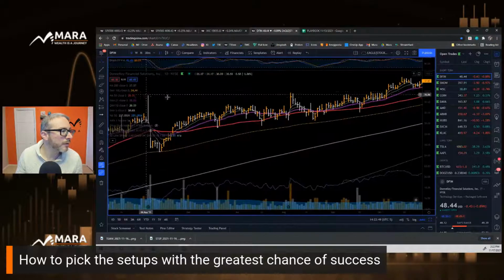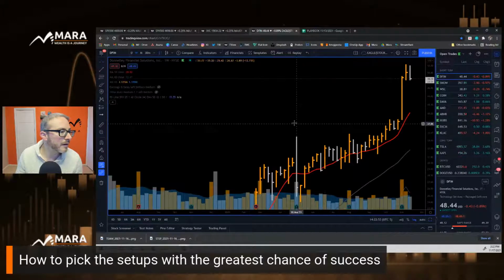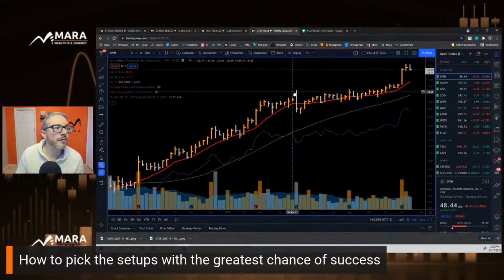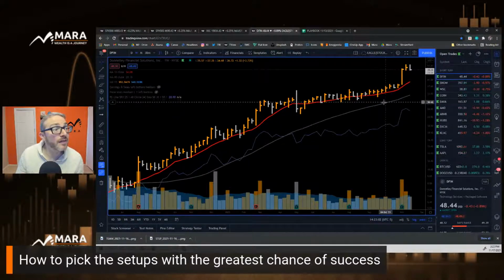Moving sideways for a real long time. Let's look at it on a weekly chart. That might be even better. Yeah, just moving sideways, right? And then all of a sudden, the major indexes break out, and this is one of the first ones